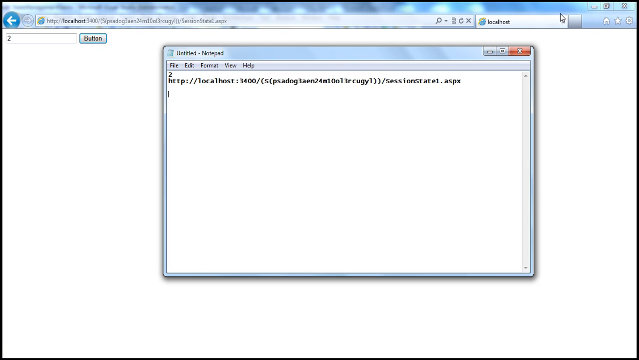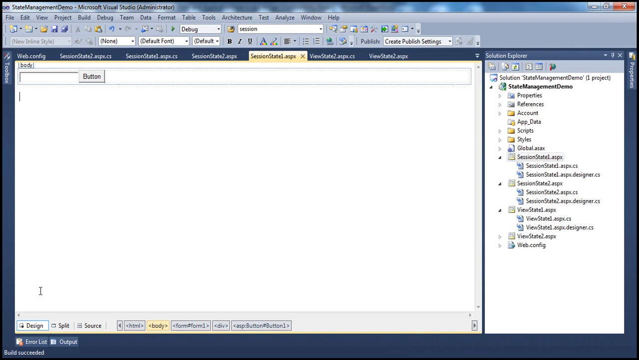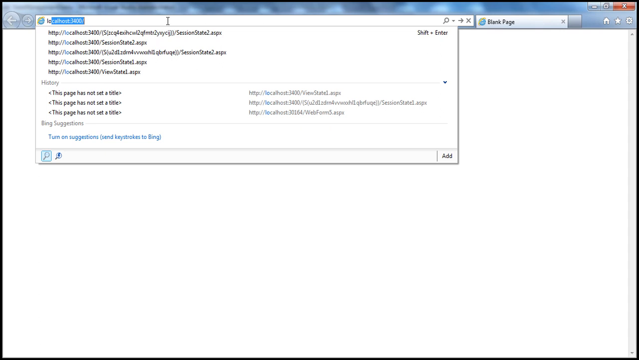And then let me close this browser window, and let's open another browser window. And obviously the moment we type in SessionState2.aspx page, but look at that, when I press enter I get a different session ID, so it treats this user differently. So I'm clicking once, twice, thrice, 4, 5, 6, 7, let's click it 10 times. So the value here at the moment is 10. Now let's copy that URL,